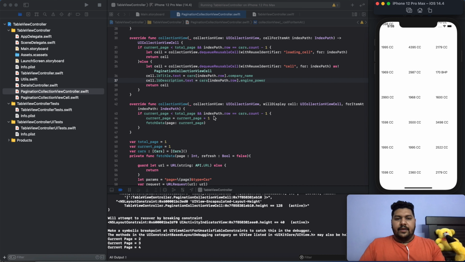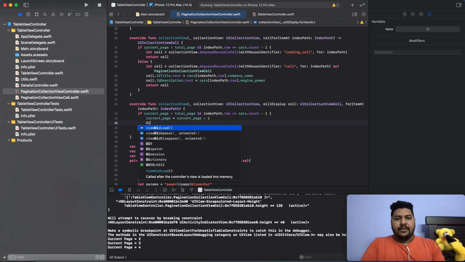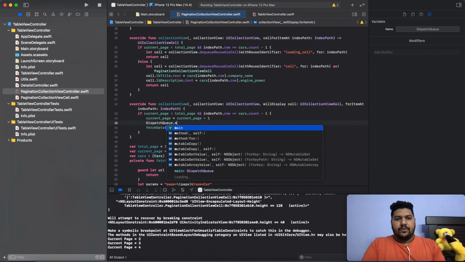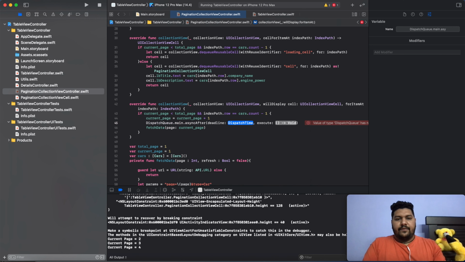If I take some interval here, we can say DispatchQueue.main.async after .now() + 10.